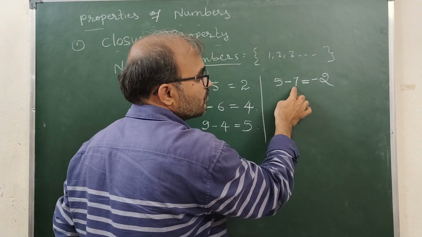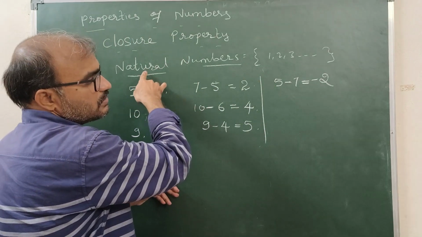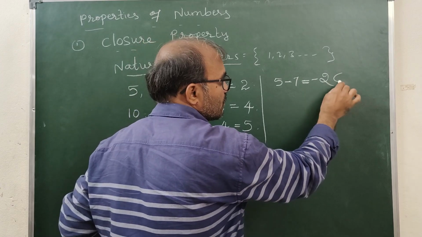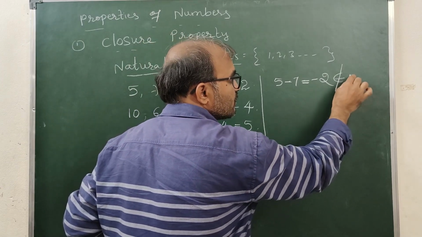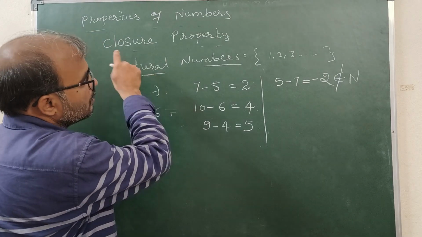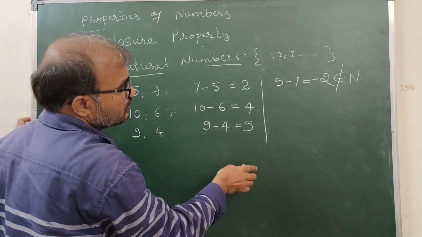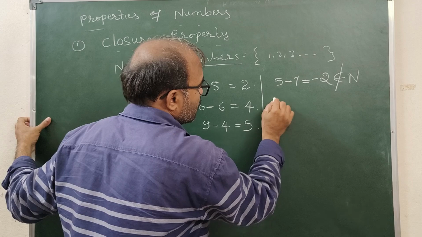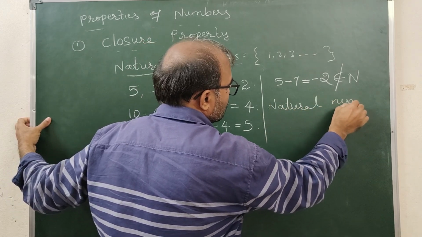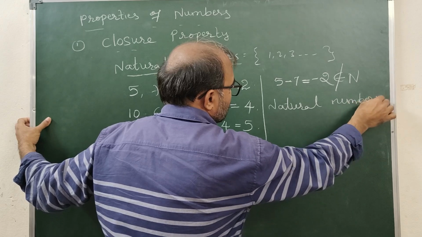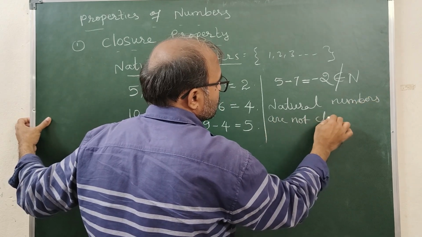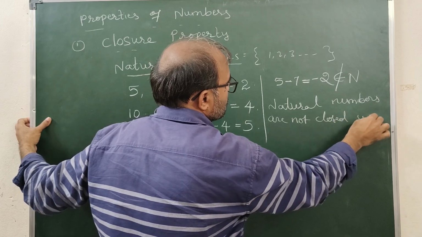So now 5 and 7 belong to natural numbers. 5 minus 7 is minus 2. It does not belong to natural numbers. It is not in the set of natural numbers. So natural numbers are not closed under subtraction. Therefore, natural numbers are not closed under